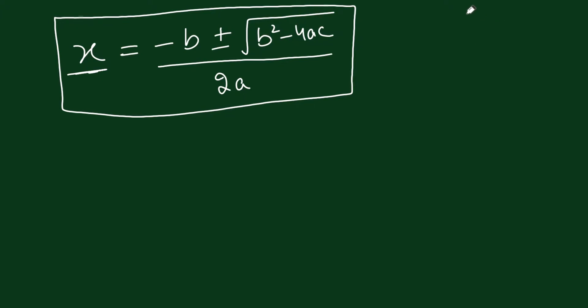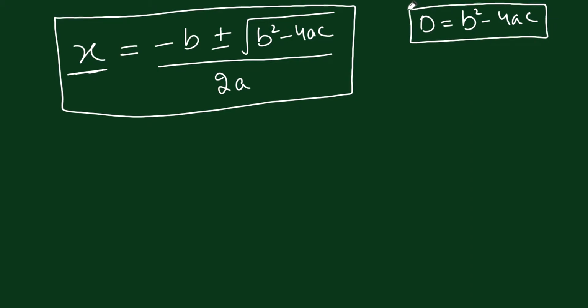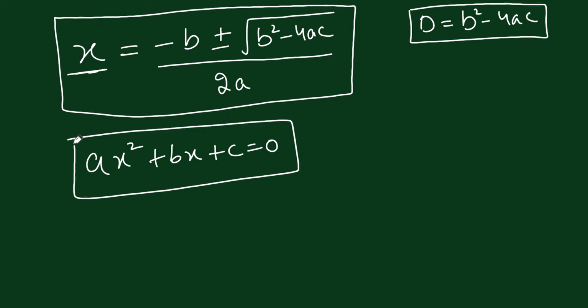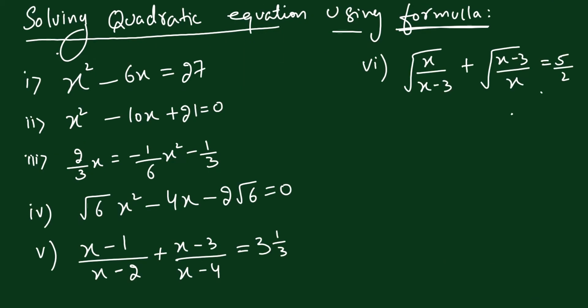If you remember, in our first, second and third videos we used b square minus 4ac to find the nature of roots, what kind of roots a given quadratic equation can have, which was called the discriminant. We know what a, b and c are, as every quadratic equation in the standard form looks like ax square plus bx plus c is equal to 0. From this equation we write a, b and c, substitute in the formula and get the value of x. That's it. So looking at the first question, it's